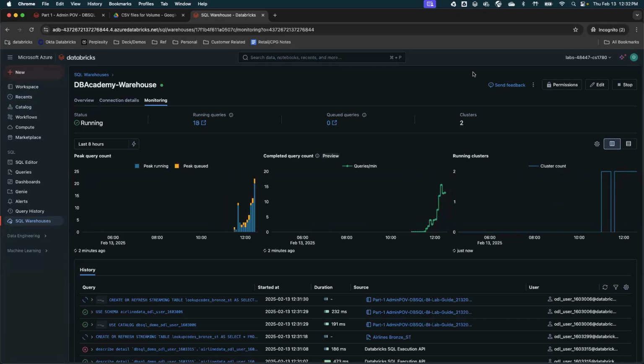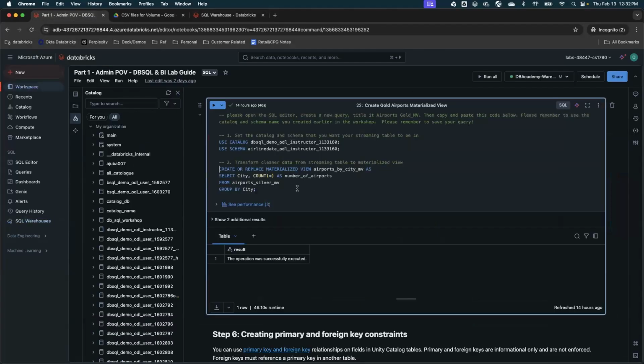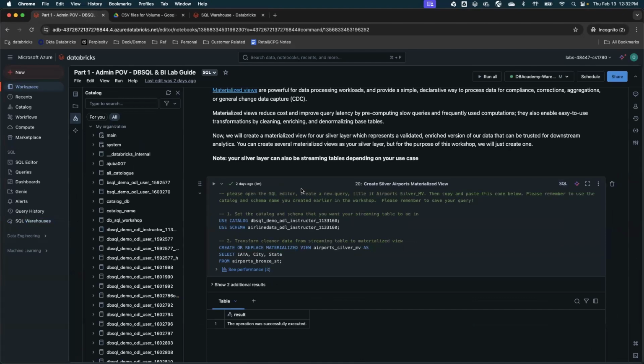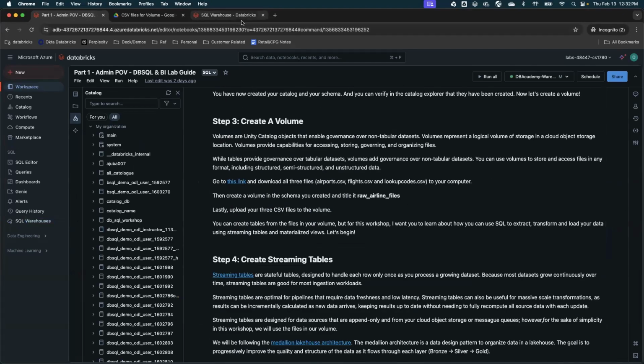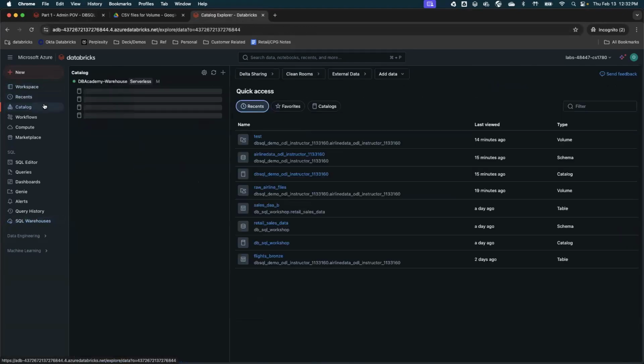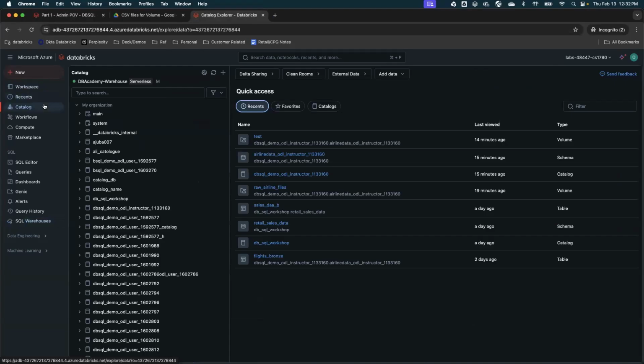Can you quickly show one more time creating a schema and volume? I think there are some users who need help. Okay, I'll probably show this one last time, otherwise we won't be able to complete the lab. What you need to do is go to catalog. If you have not created a catalog, you can click on the plus icon and create a catalog.